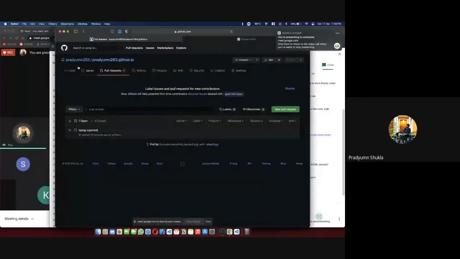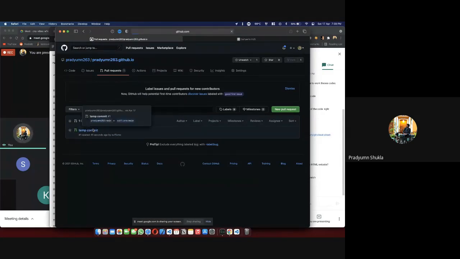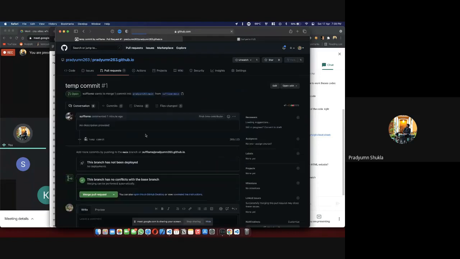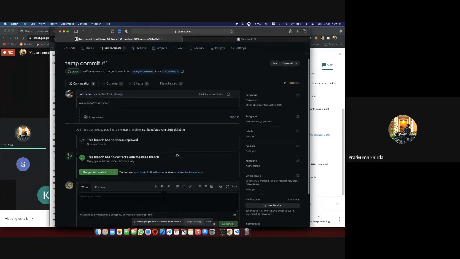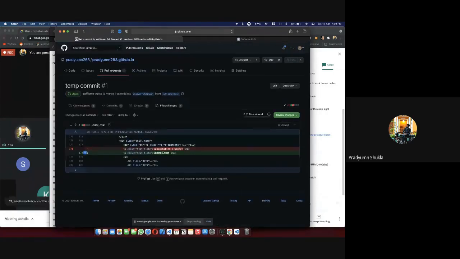Yeah, so as you can see, this is under my account, and under pull requests I have a pull request by Sufi, which is me. What I want is to look at what the changes are. I can go into depth, see what file changes there are, which is visible over here. It tells me that it has changed this to this. Now I know what he has changed.